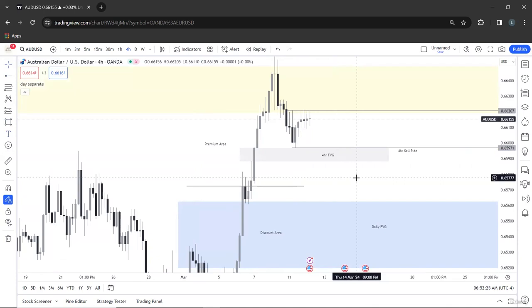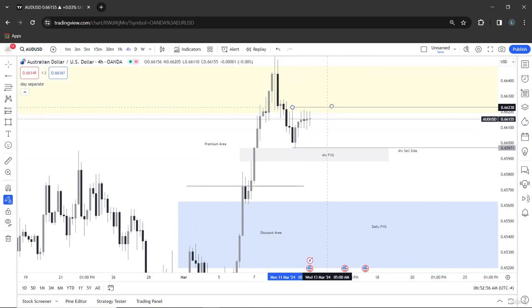That's how we sort of just mark up your chart. So if I leave the chart this way, I come back any other day, probably not too far away from now, but if I came back the next day, I know where everything is. I know what I'm looking for. I know what price is doing because I mark up my chart. So this is basically what I would be doing on the 4-hour time frame, just determining liquidity levels, areas that price could trade into. I already have a bias. I already have sell as my bias. So it's just reactions off of that. I want to see a sweep of this new high